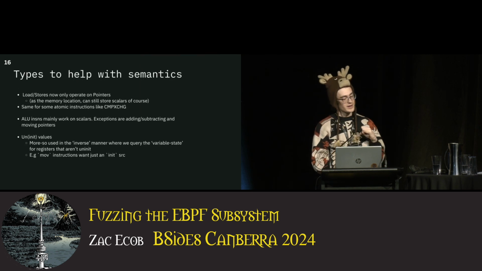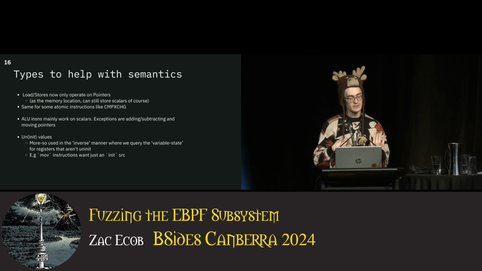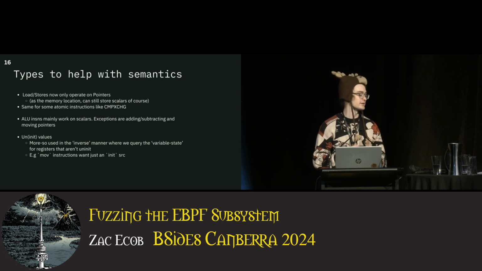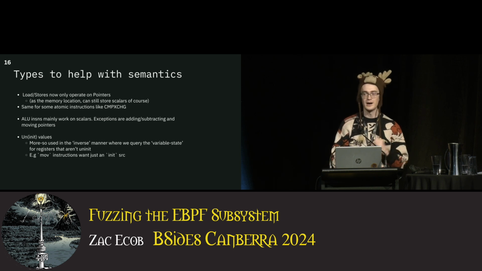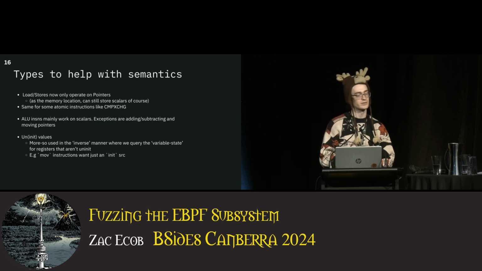Cool. So now that we have this notion of basic types, we can ensure things like our loads and stores are only going to operate on pointers as the memory location. Of course, we can still store scalars or whatever. And same for things like atomic instructions, like compare exchange, which tripped me up. ALU instructions, we can now guarantee will work on scalars because the verifier is strict. We aren't allowed to divide a pointer or whatever. Some minor exceptions for things like adding or subtracting to a pointer, because then how do you implement arrays